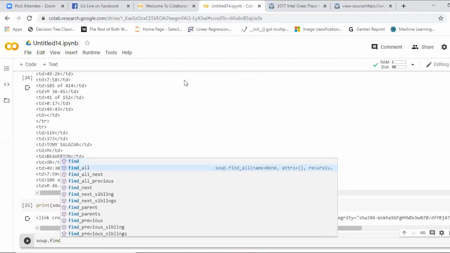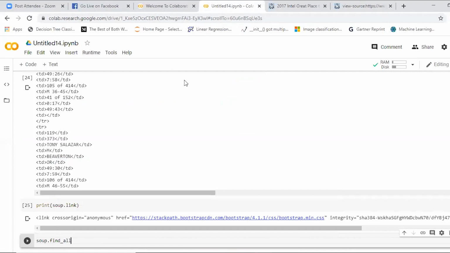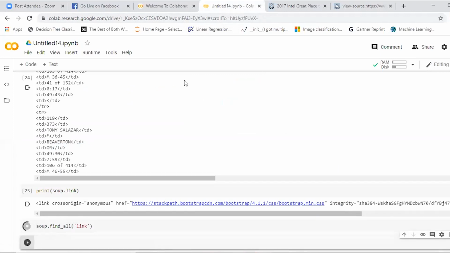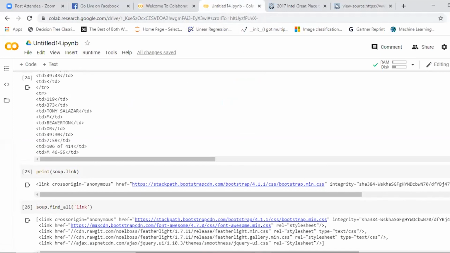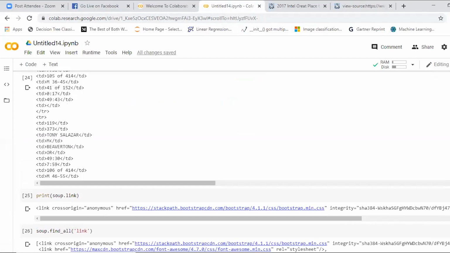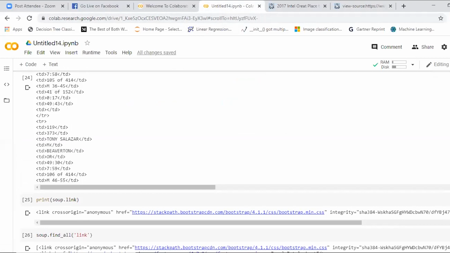You use find all, and you can get the suggestion over there. Find all of, you give out the link. See, you can use Shift and Enter to run each individual cell. Your entire code will be present. This is line by line execution, something like interactive mode.